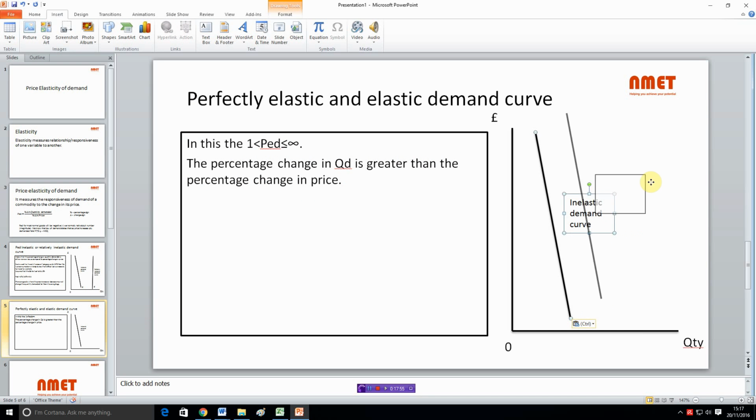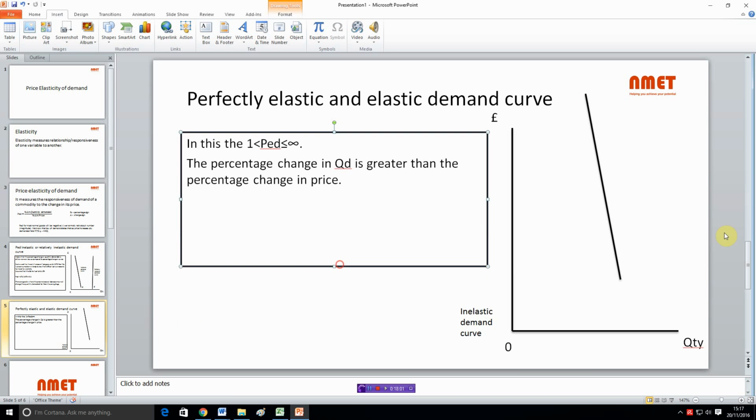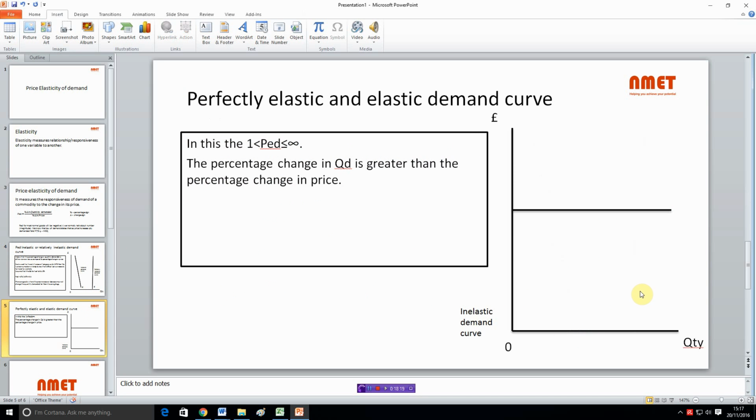Let me just move this up out of the way. If I look at a horizontal demand curve,